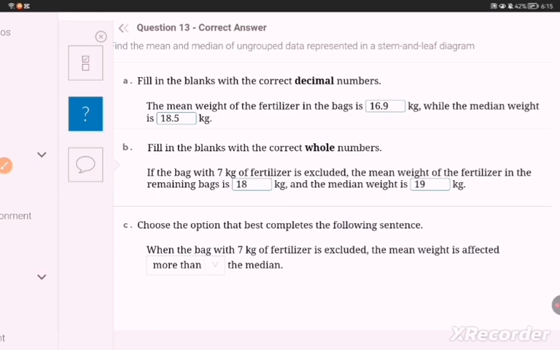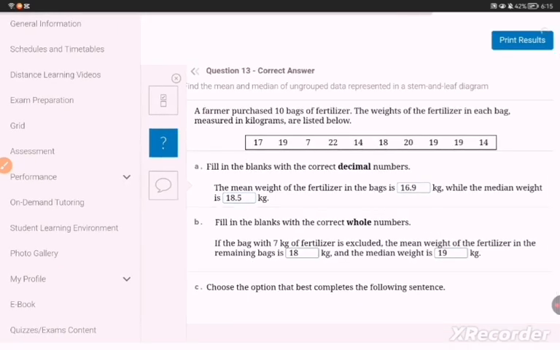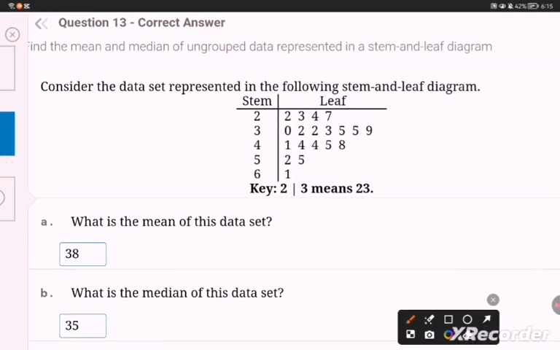Okay? So now on to question number 13, the final question. Now they gave you a stem and leaf diagram. They asked for the mean. Now, whenever they give you stem and leaf, you just do the same process as the table. When they give you a table of values, you add the numbers and then divide them by the frequency. So you're just going to add